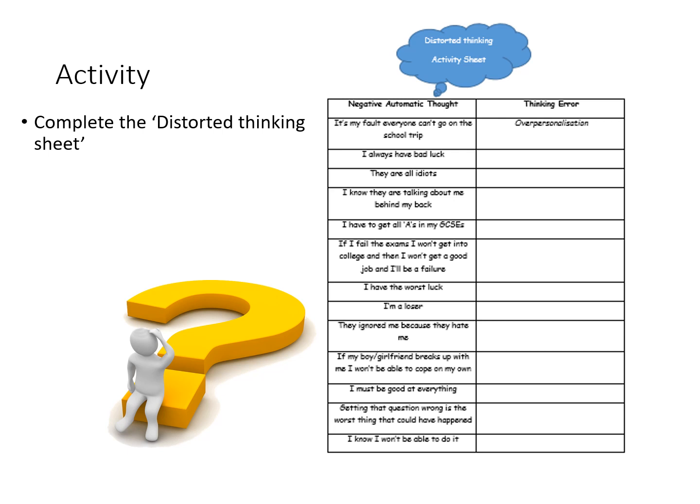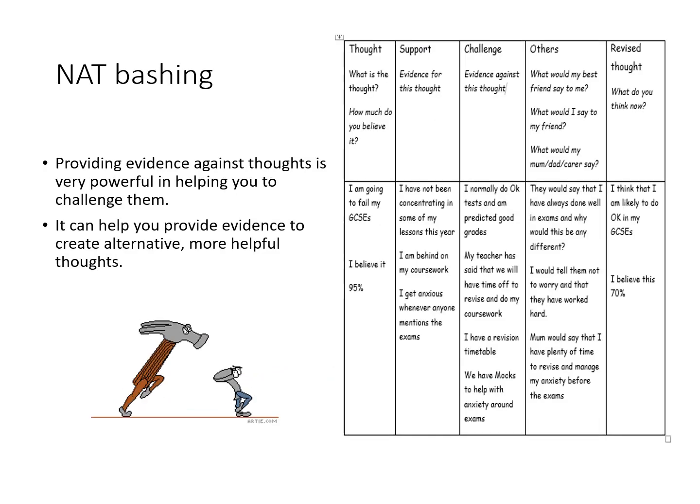So we're thinking about helping them, supporting them to identify what kind of negative or distorted thinking they are engaging in. And again, this is another way of thought testing and challenging, which is what we did in the previous activity, which is providing evidence against thoughts. It's very powerful to do this. So, you know, what would your best friend say? What would other people say? What would your teacher say?